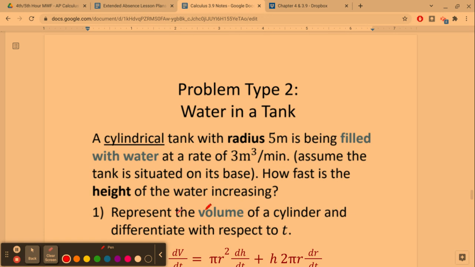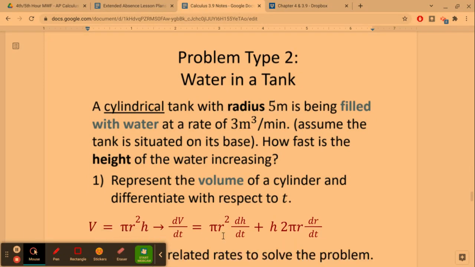Represent the volume of the cylinder and differentiate with respect to t. That's the first thing we're going to do, and since you can see a lot of it, I'm just going to scroll down and show you. The volume of a cylinder is pi r squared h. So pi r squared is the area of the circular base times the height. It's as if we are pushing a circle into 3 dimensions by multiplying it by the height. Convenient, no? So now we need to